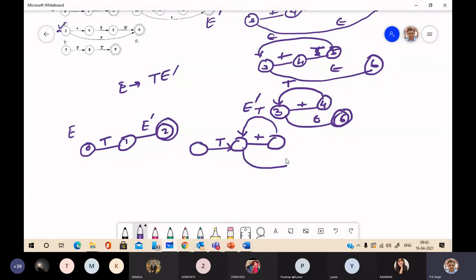This is state 0. 3 will be merged with this, 2, 3.